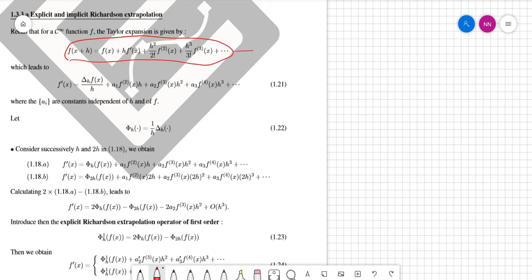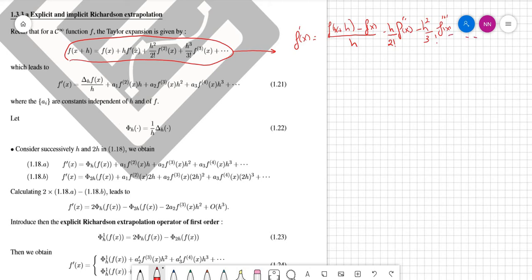From it, we can conclude that f prime of x equals f of x plus h minus f of x over h, minus h over factorial 2 f double prime of x, minus h squared over factorial 3 f triple prime of x,